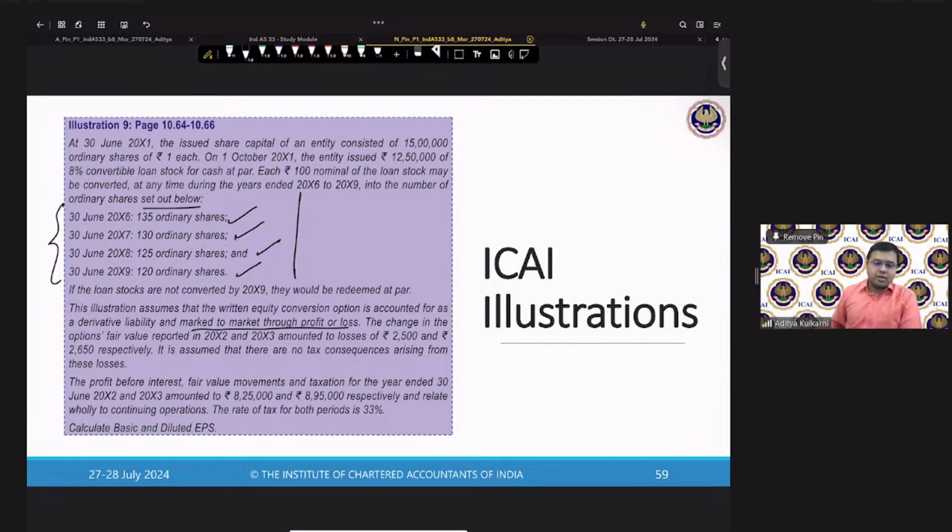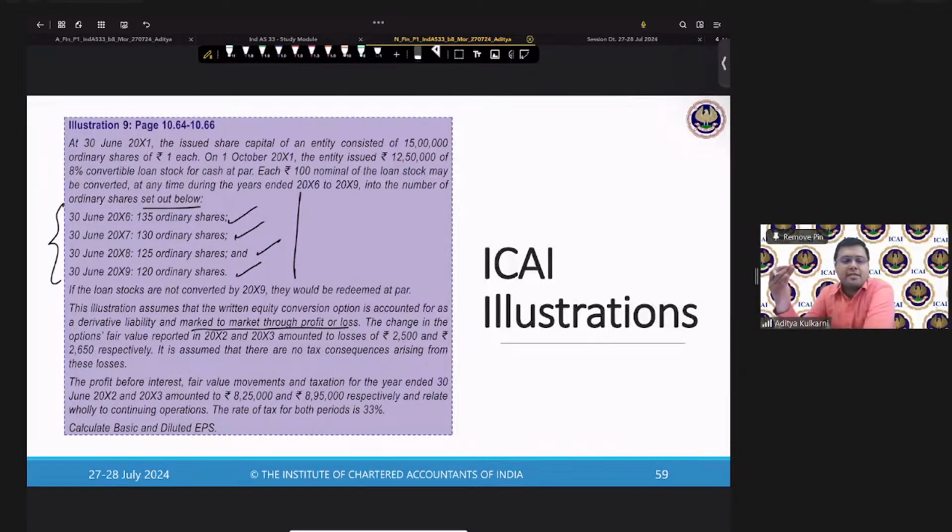Obviously, it is right, because your number of shares are going in accordance with a variable nature, right? See, if it passes the fixed for fixed test, it becomes an equity. If there is a variable component on the conversion, it is a liability. At least that is what you would have studied in your financial instruments chapter. Correct me if I'm wrong, right?